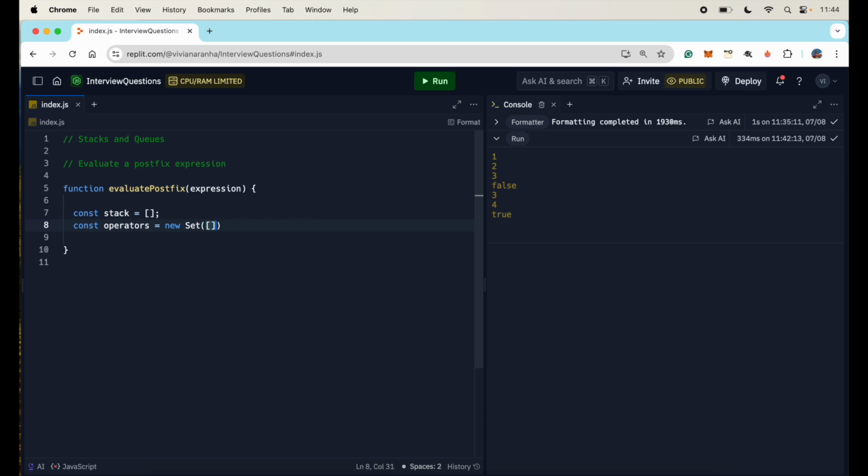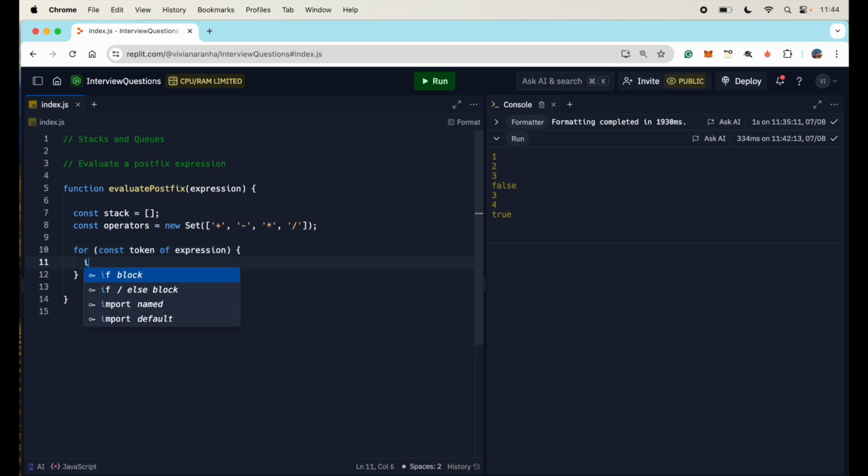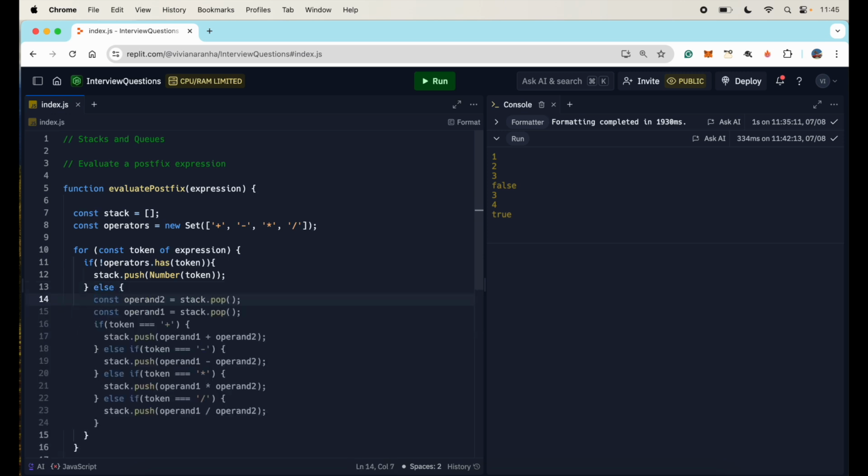Let's say which operators we support. So new Set with plus, minus, multiply, divide. Next I'm going to write a for loop: constant token of expression. I don't want split. I'm going to go through each and every token in the expression and say if operators has token, stack dot push token. Actually, I'll use this: if the token is a number, then we'll push it to the stack. So I'm going to say Number(token). There you go. Else, if the token is an operator,